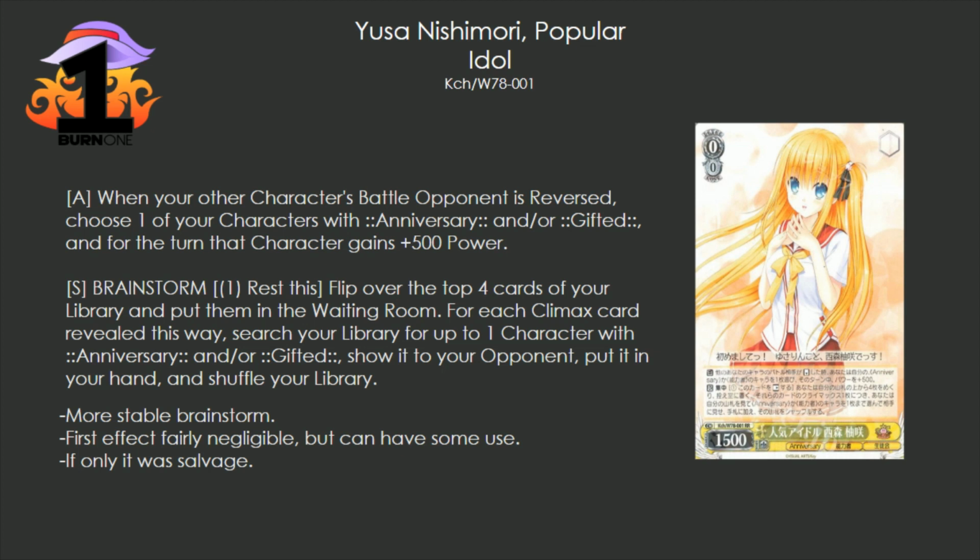But I guess we can just hop into the first card then. How do you want to do this? You want to go over it, Nico? I guess. Yeah, I can go first. So this is Yusa Nishimori. It's a better brainstorm. Pay 1, rest itself. For every climax you hit, you get to search your deck for a...